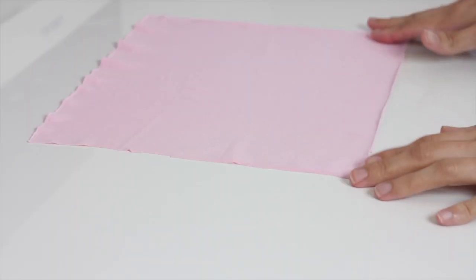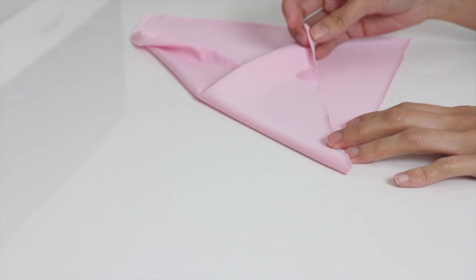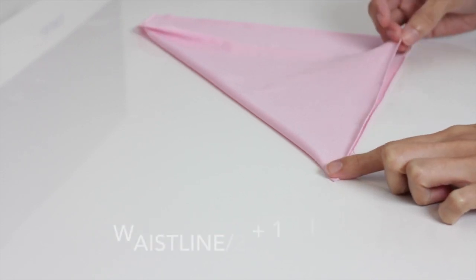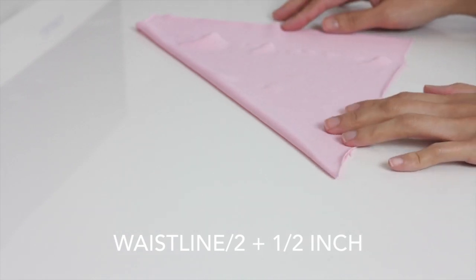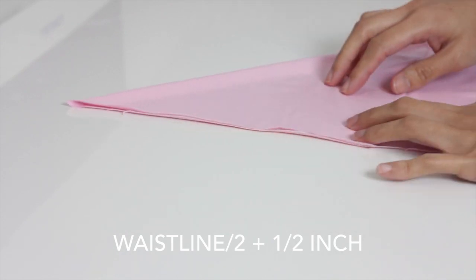And here I am showing you a small version of how to cut the skirt. Because the skirt was really long, I didn't have enough room, so I decided to make a small version. And this method is actually called bias cut. So this is an A-line skirt cut on a bias. So you basically fold the